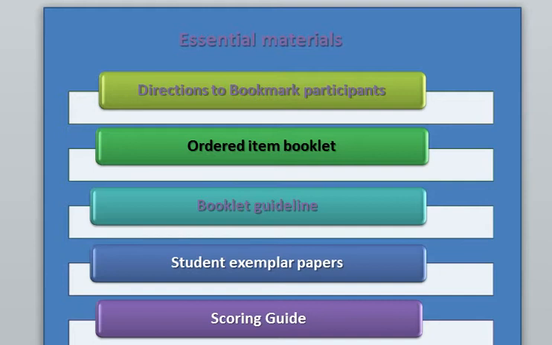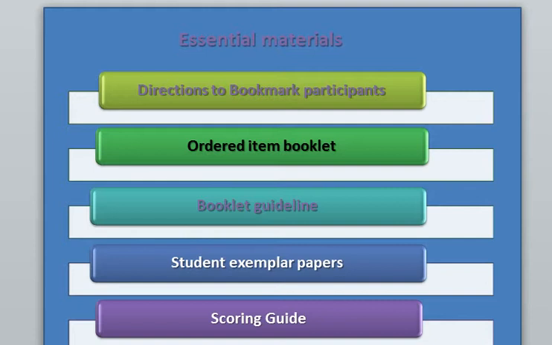Number 2, ordered item booklets. Number 3, booklet guidelines. Number 4, student exemplar papers. Number 5, scoring guides. When experts work on this method, they very much require these essential materials.